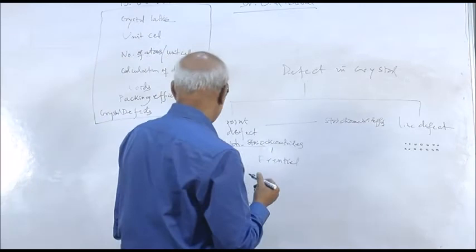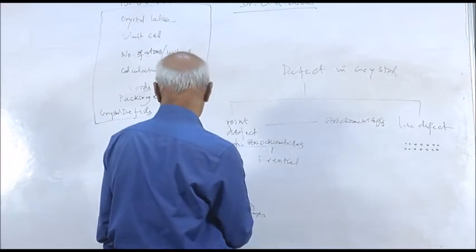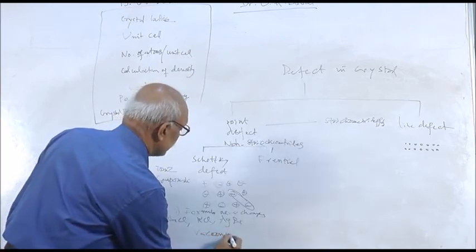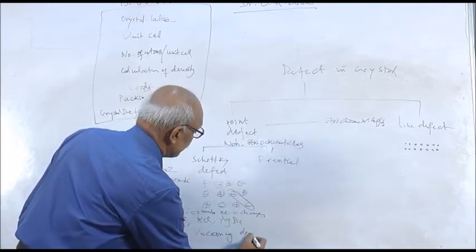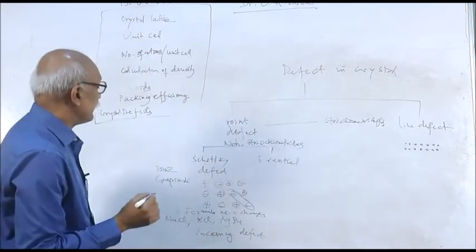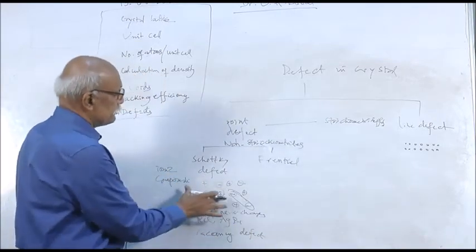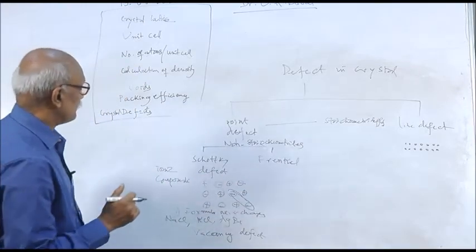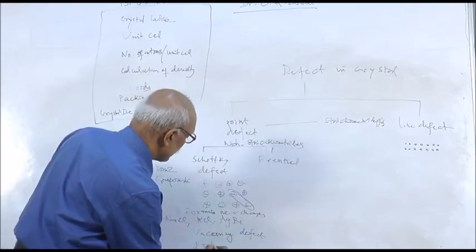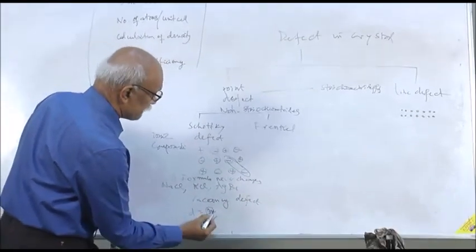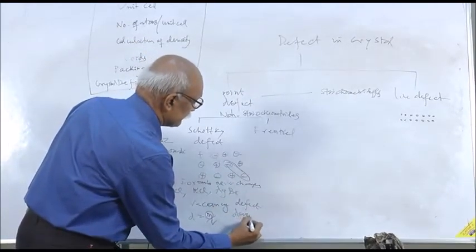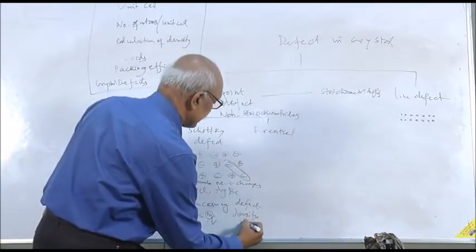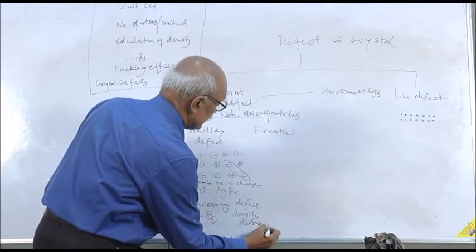This is called a vacancy defect. There will be vacant places. One most important observation is that the mass will decrease because there is loss of cations and anions. That is, the mass changes, and you know density is equal to mass by volume. As mass decreases, density decreases. This is an important observation in the case of the Schottky defect. Density decreases.